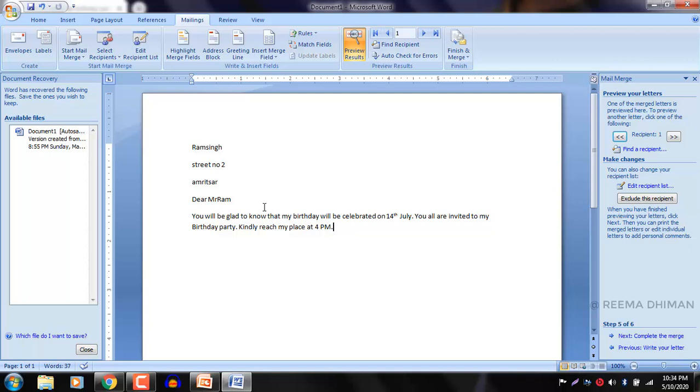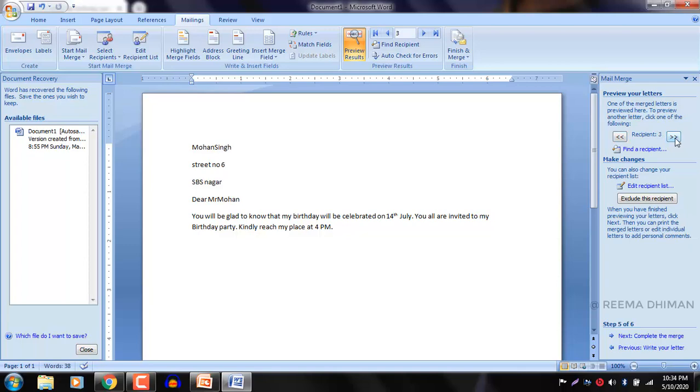So as in our contact list, there were 3 contacts. So this is the first contact. If you want to move to the next, you can move from here. If you want to go to the third, then, and similarly this is for the previous record and this is for the next record.